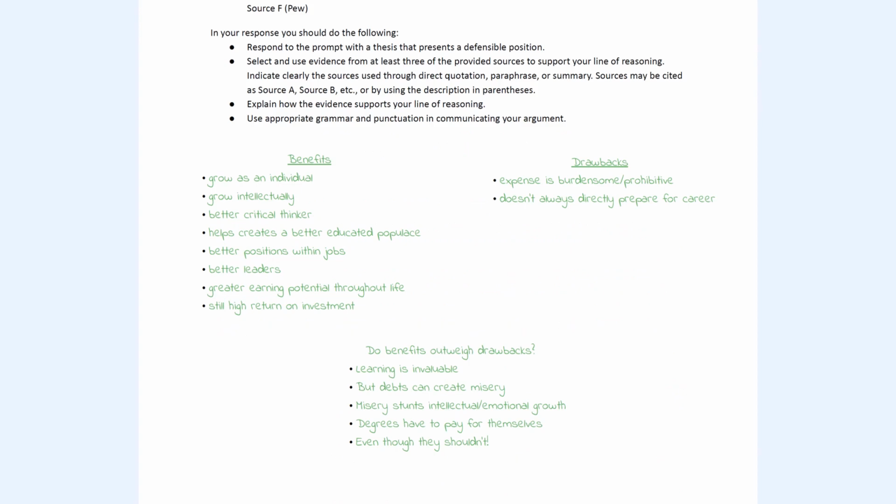So turning back to the prompt sheet, I used another listing exercise here. I started off with just two columns, the benefits and the drawbacks of a university education. And right away, I had very few actual drawbacks, but then I had to think to myself, this isn't just, is a college education beneficial or is it not beneficial? The question is, is the cost worth it? In other words, do the benefits clearly outweigh the drawbacks?